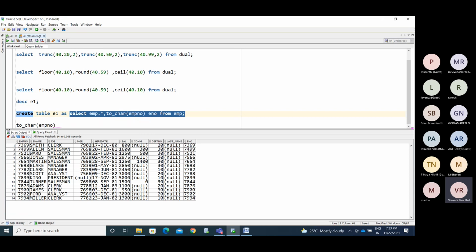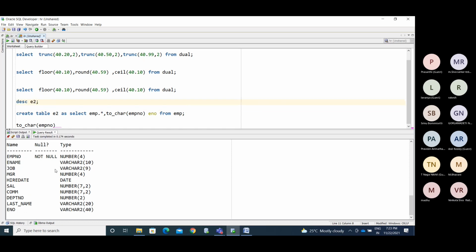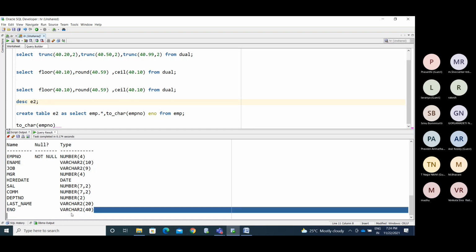I'm converting the employee number column value with to_char, deriving a new ENO column. Now I'm making it as E2. I created the table, right? Now see here, the ENO column has been created with varchar2 of 40. It's a character data type. We converted, right?